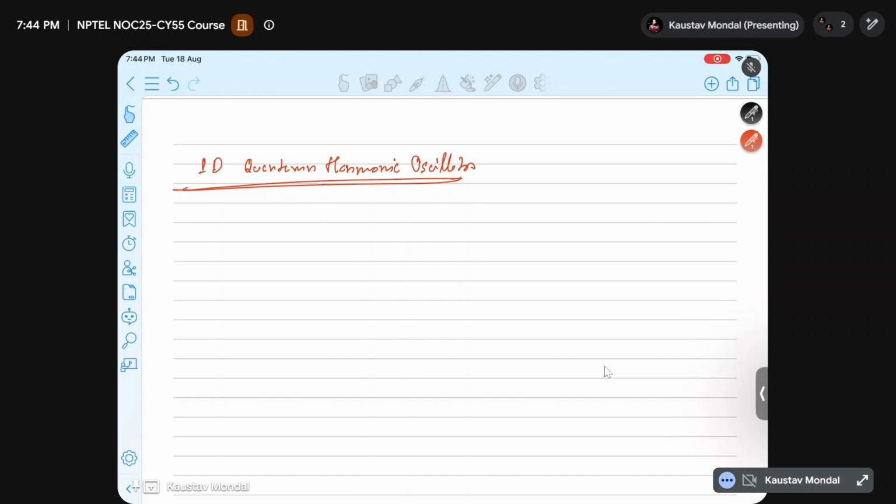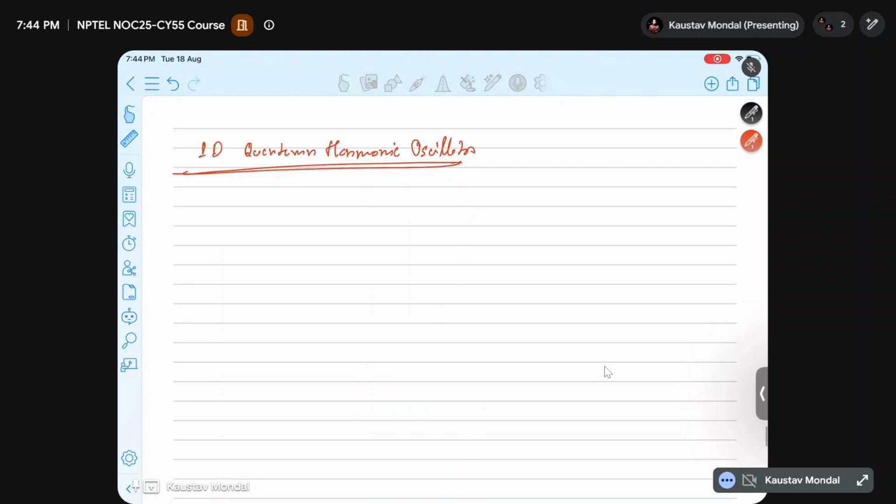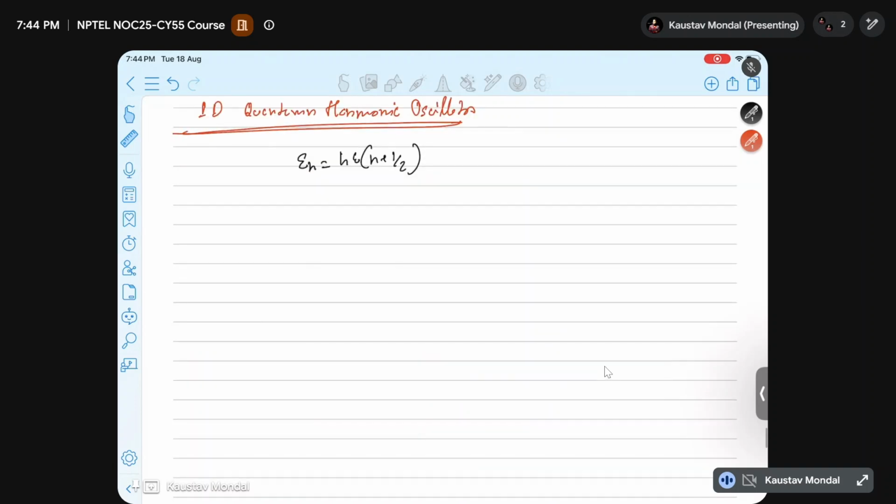The energies are basically En equal to h cut omega into n plus half, we know. So here in this case, for one particle, let's suppose degeneracies are 1, so gn is equal to 1, n can be 0, 1, 2, 3, so all the levels have degeneracy 1, so e to the power minus beta En looks like this, e to the power minus beta h cut omega